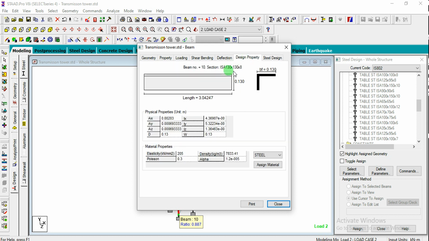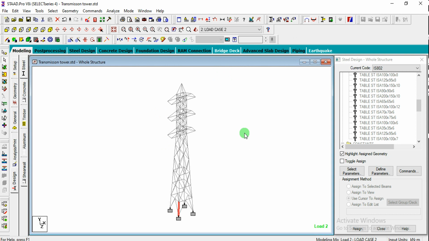Design property is also shown as that one only, because during the optimization this section has been taken. In case optimization is not taken, the design property will be shown as whatever section we have assigned, that is 250 cross 150 cross 12. Okay, in this way we can design the transmission tower in StaadPro.